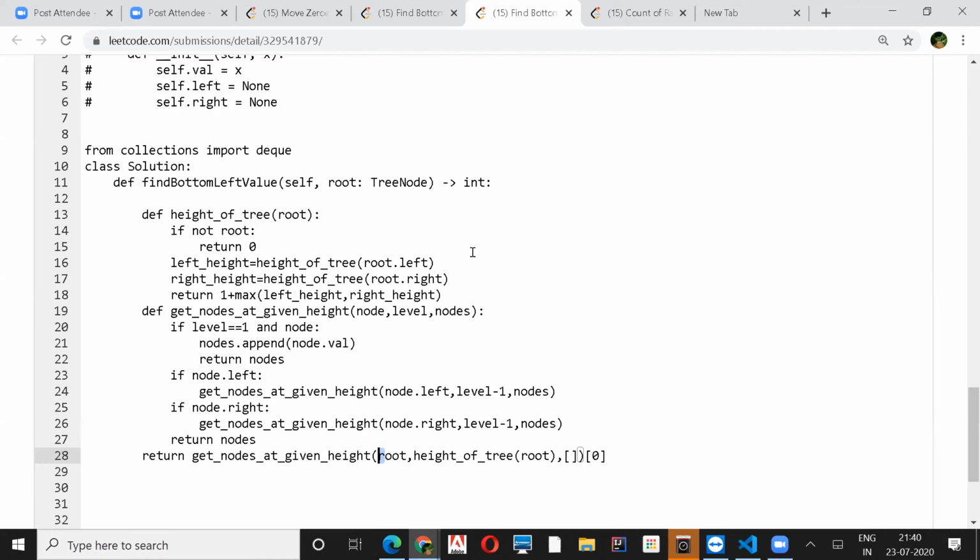I'm first going left and right both, and after that I'm putting it in. I'm passing the nodes parameter inside the function, which keeps appending the nodes at each and every level. I'll have to remove it from the function and then write return nodes.